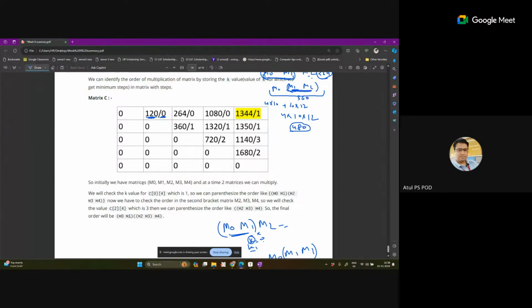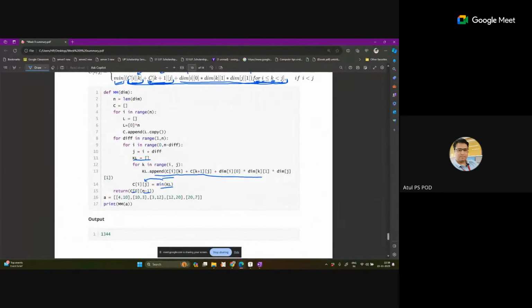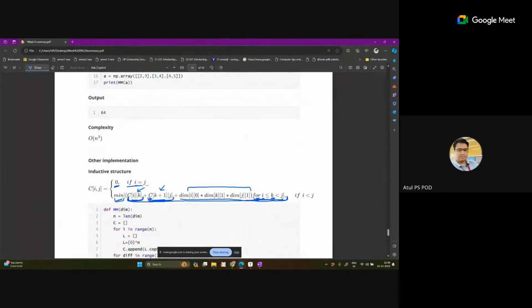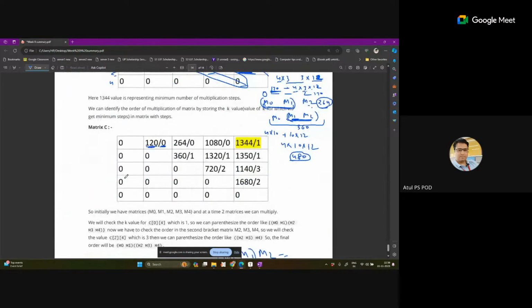So the 0 value. In the inductive structure, you can see this k loop now, this k value. For which value of k we get the minimum number of operations, we store that value here. So here for k equal to 1, we get this minimum value. In this manner, we store this k value along with the value, and after getting the solution,